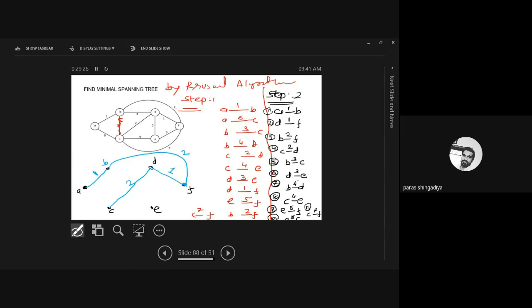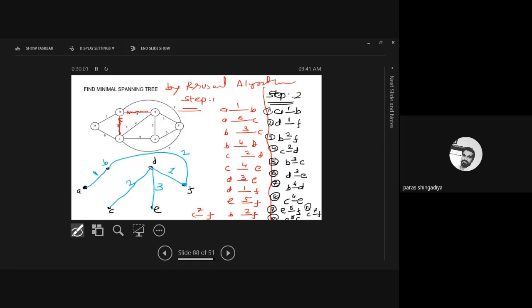And then after D to E, D and E. Yeah. That we can include because it has no cycle when we consider D to E. Clear? And then after B and D, B and D. Yeah, this one has a 4 weight. So if we include now B to D, clear this edge. अगर आप यहाँ पे connect करते हो, so it creates one closed walk. Okay, so we'll skip this edge from this graph. Clear?